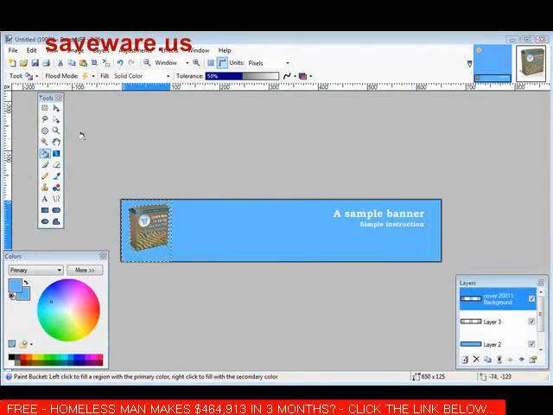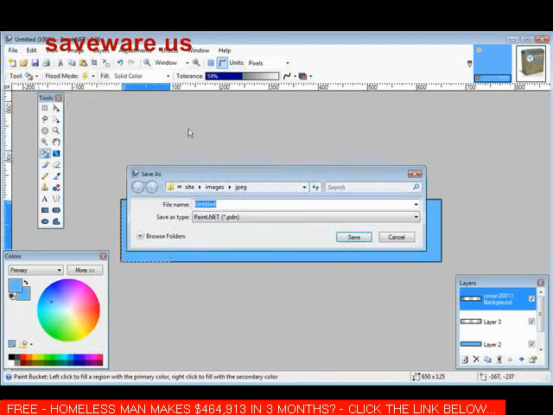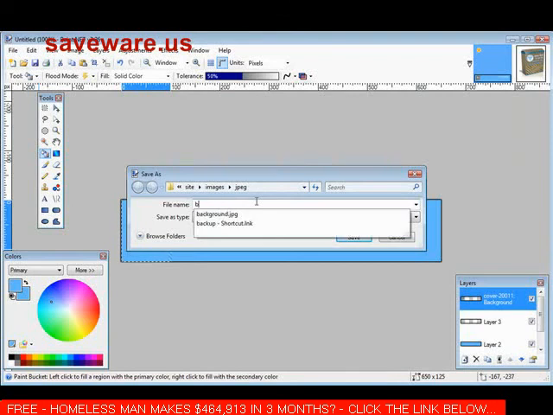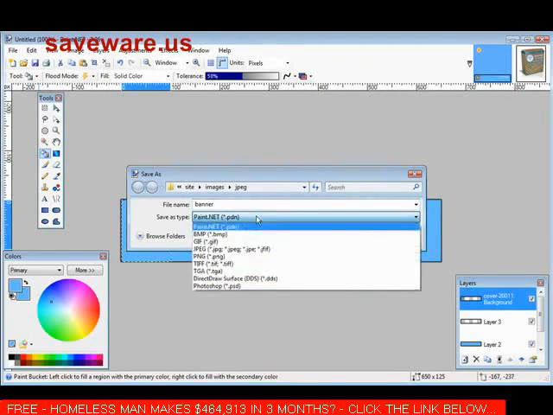Now that everything's complete, all we have to do is save it. So what we do is we do a file, do a save as. Then we're going to pick a spot where we want it on our computer. We'll just leave it where it is here. We'll call it banner. Now, there are different types you can save it down here. If you save it as a paint.net, it'll save the project as you have it now. But if we want to save it, for instance, as a JPEG,